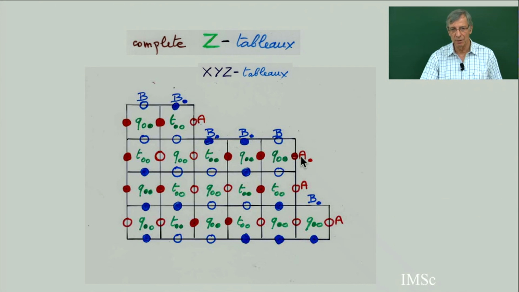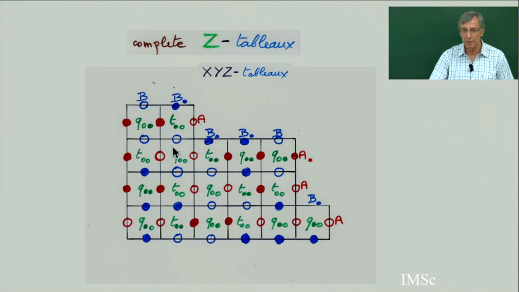So you have some rewriting rule. Each time you rewrite a pair BA, you have two choices: you just commute, or you commute and change a dot into no dot and no dot into dot. And so I put the parameters at each of these rewritings. So this is a possible complete Q-tableau. When I put this, it's a short notation: all these letters here are B, and this is B indexed by a plain dot and B indexed by an empty dot. Same for the vertical edges: this is an A with a dot, an A with an empty dot.